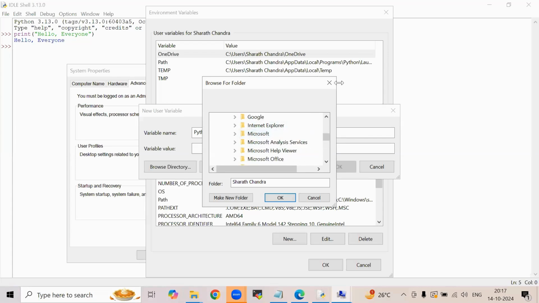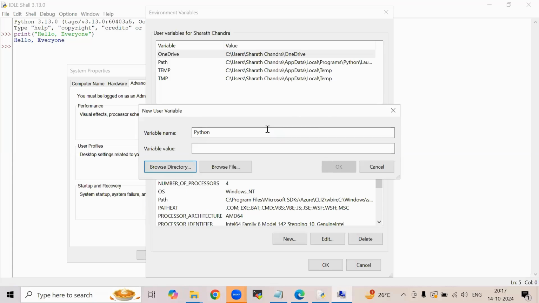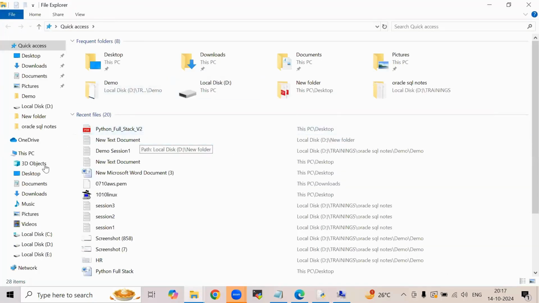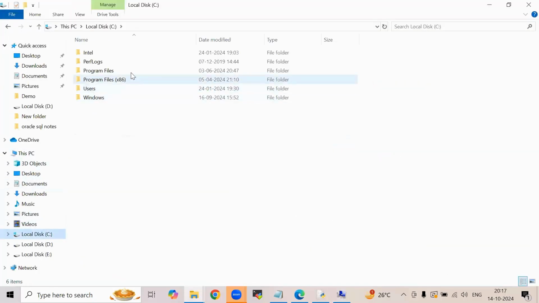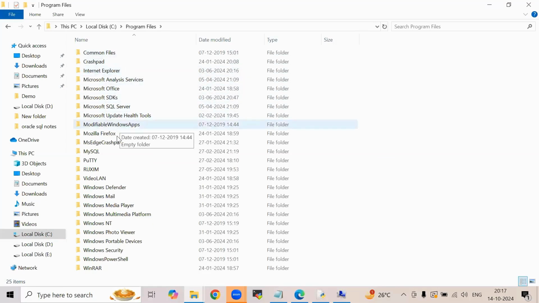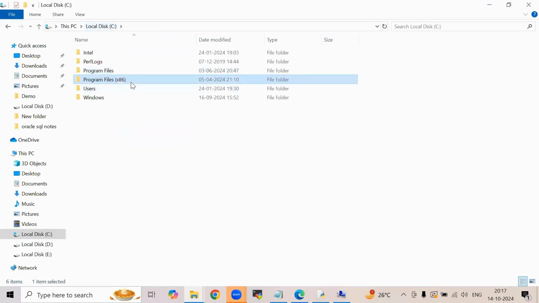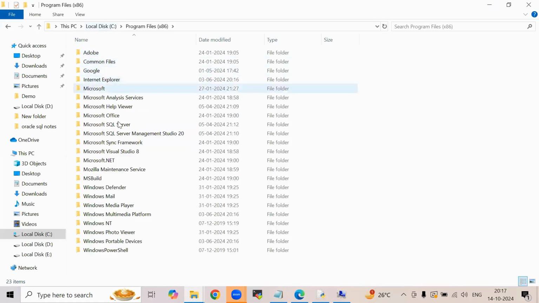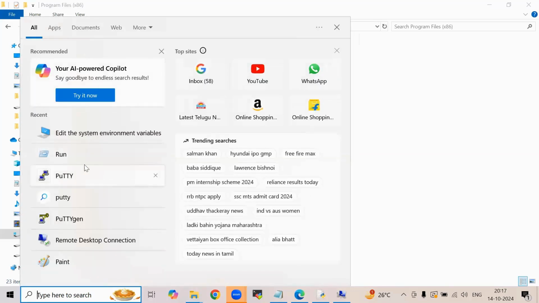If it is not found here, you can directly browse through the computer. Now come to local disk C. Check here, or I'll simply go with this.